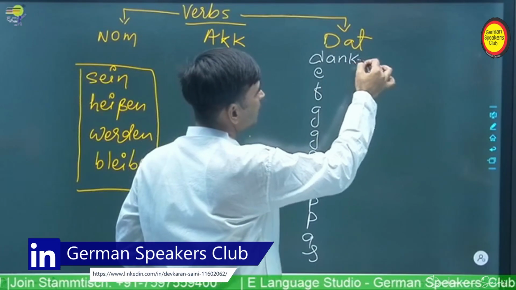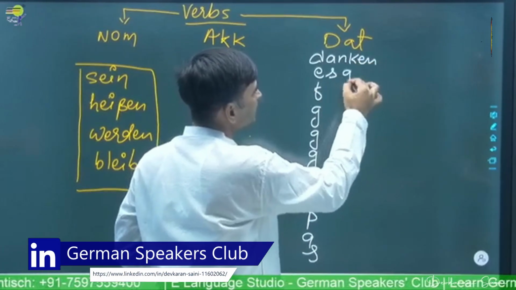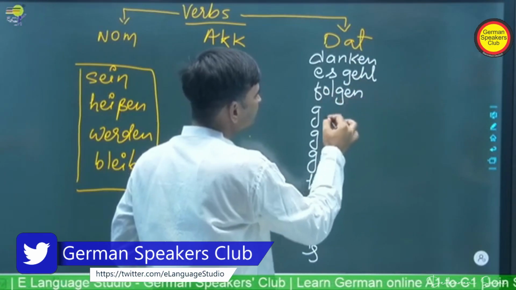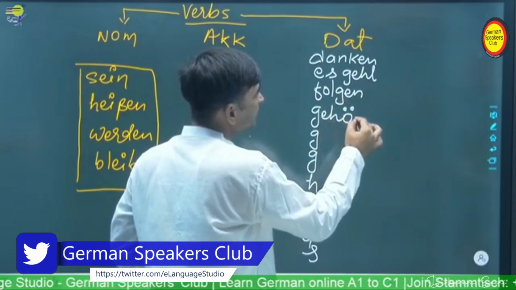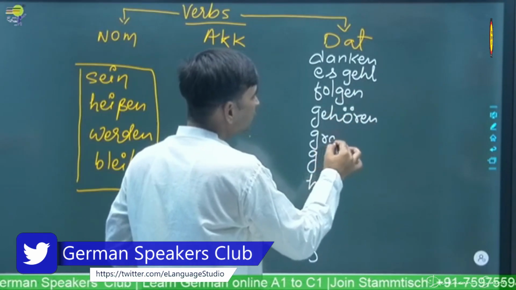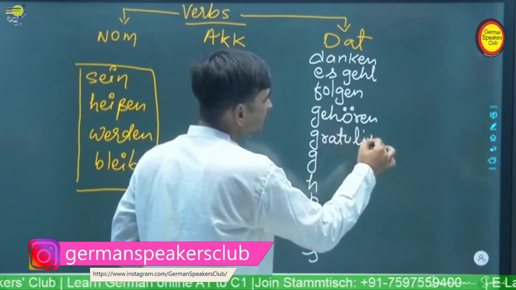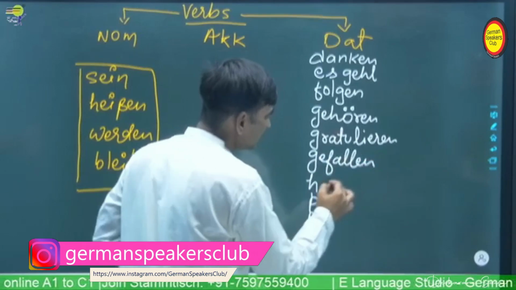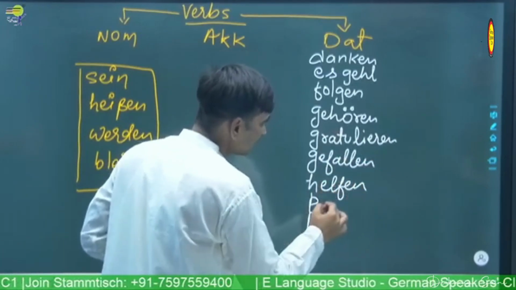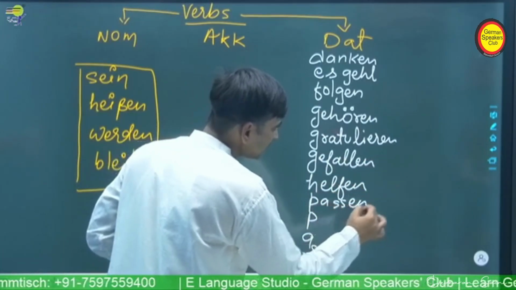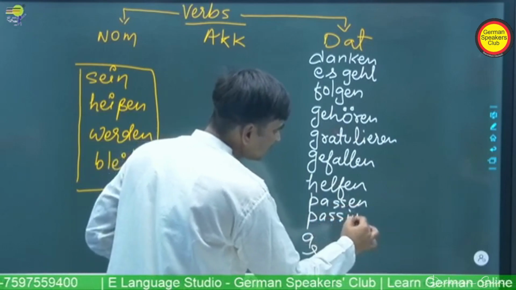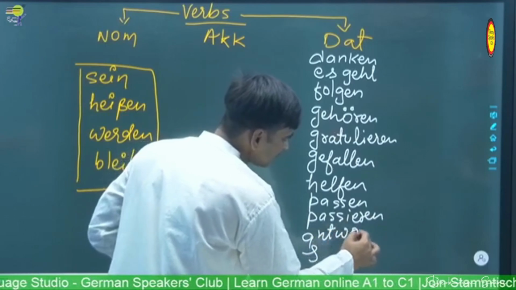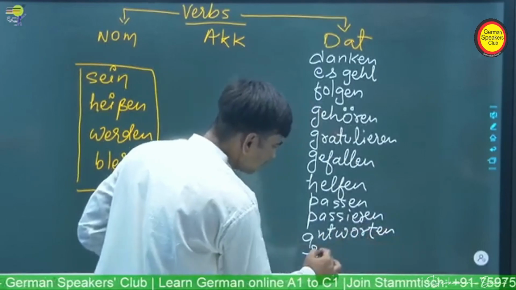If you have to understand how to make sentences, this short form, Devji hai pass, is the short form of the dative verbs. So D stands for danken, entgegen, folgen, gehören, gratulieren, gefallen, helfen, passen,